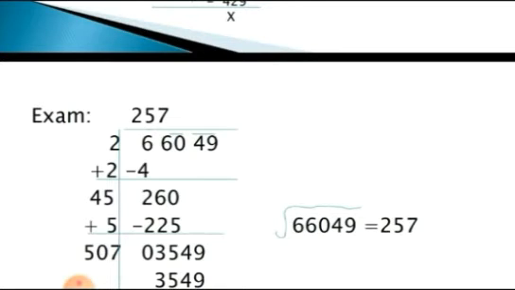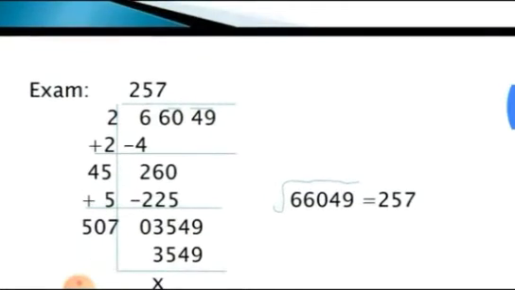66049. First you make the pairs from the unit place: 49 is the first period, 60 is the next, then 6. Only a single digit is left, so you write only that single digit. Then in the divisor and quotient place you write 2. 2 times 2 is 4, because 3 times 3 is 9, which is greater. Then you subtract, the remainder is 2. Then you bring down 60. Then 2 plus 2, 4, you write here. Then you choose the number 5 and write 5 here also. Then 45 times 5 is 225.